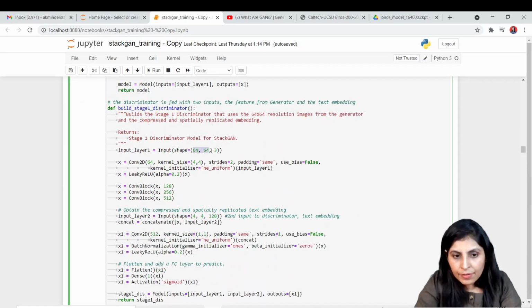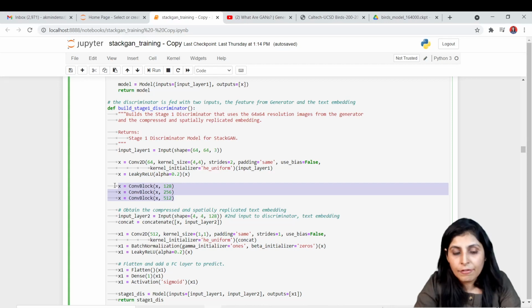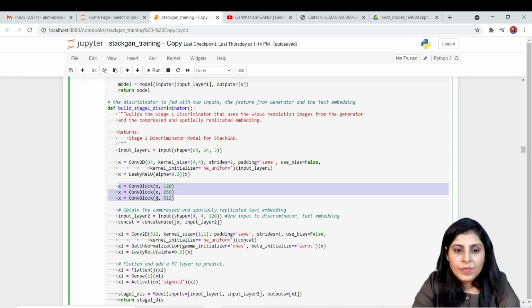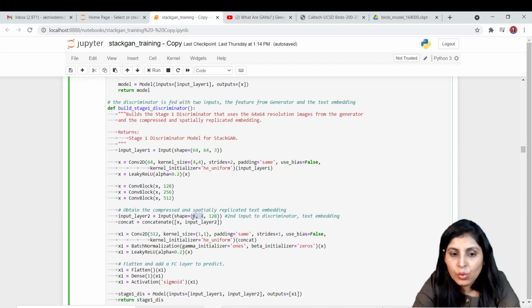Once we give the image of size this to our network, our discriminator will use a conn block function several times, and after calling that function several times, we will downsample our image.